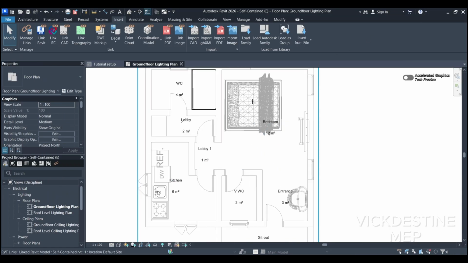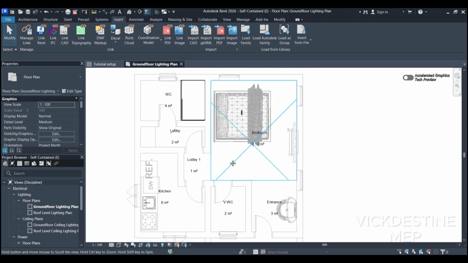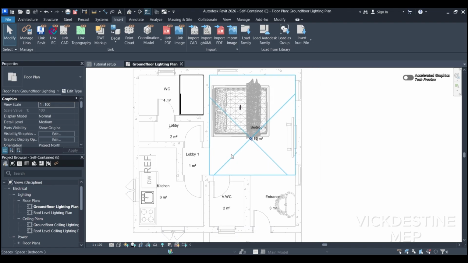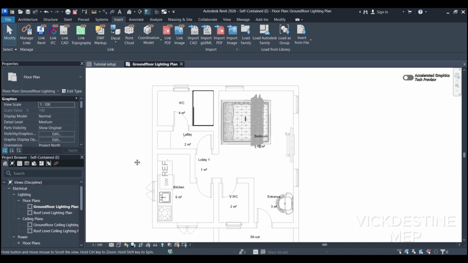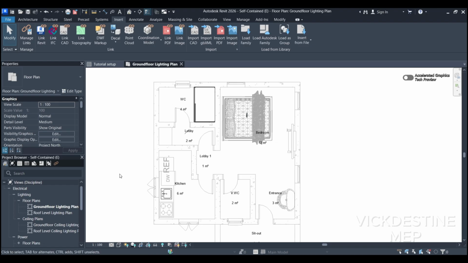So with that said, that is where you can get some of your families from. There are other sites you can use as well, but I recommend Beam Objects. You can also create families. I will do a video on that some other time. Now, with that out of the way, the next step is